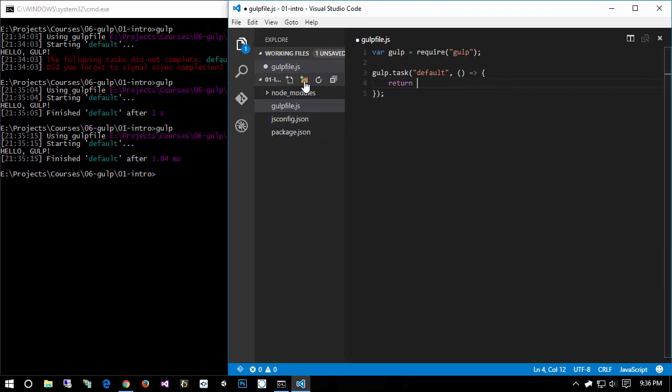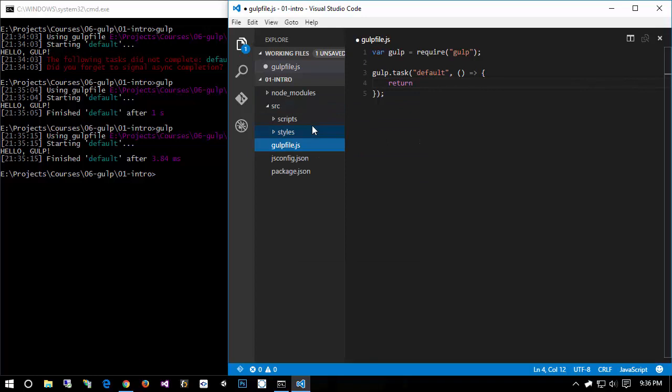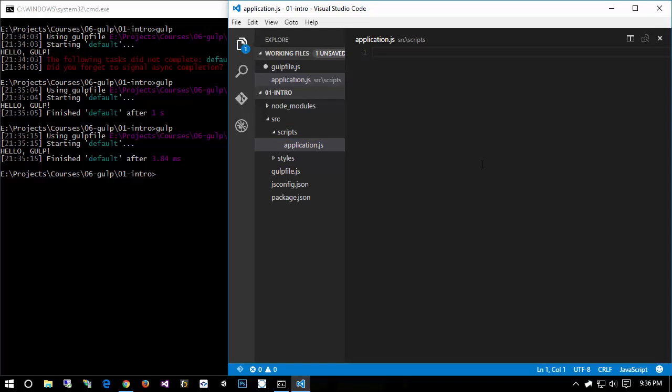I'm going to create a new folder, and I'm going to call it source. Inside source, I'm going to create a new folder called scripts. Inside source, I'm also going to create a new folder called styles. Inside scripts, I'm going to create an application.js file, and I'm going to throw some ES 2015-isms in here. So I'll say like let ble equals 10